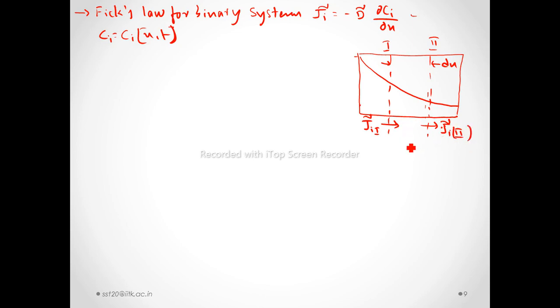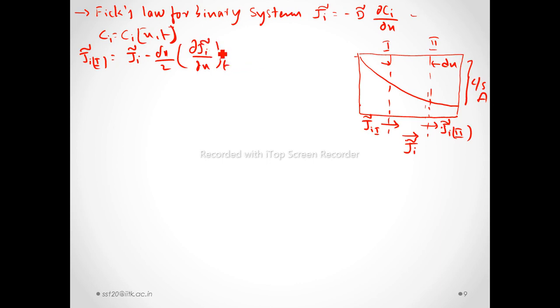The overall flux is given by ji tilde I, having the cross section area of A. Then we can write the flux ji tilde equal to ji tilde of I minus del x by 2 of t,